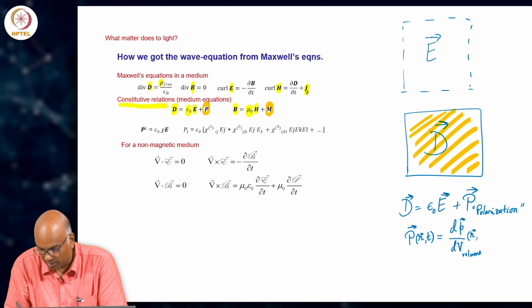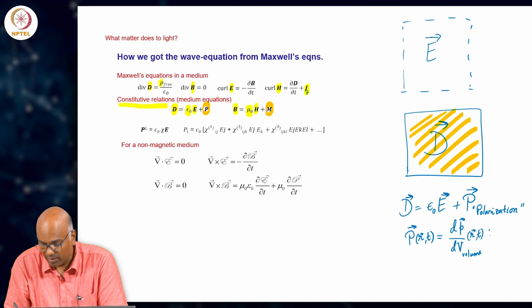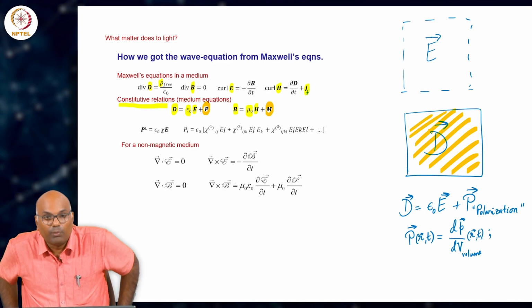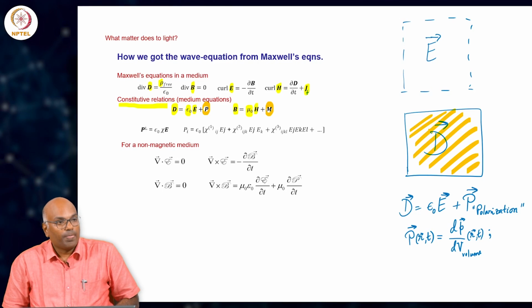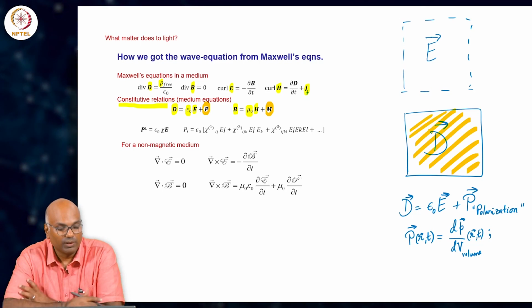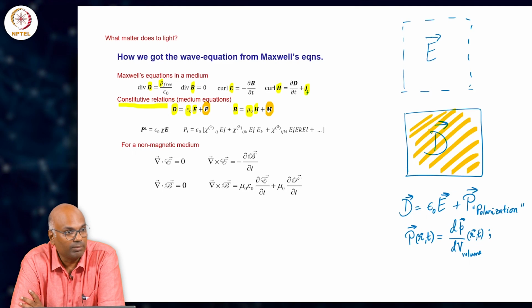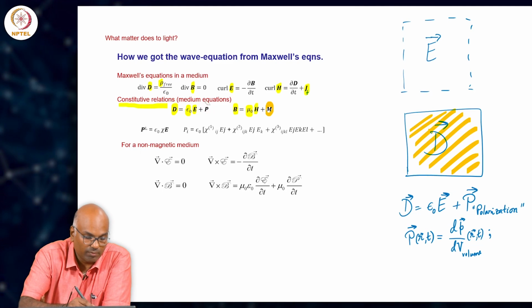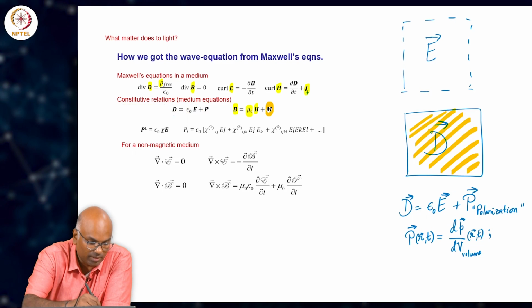This should also be a function of r and t, it is the local dipole moment per unit volume. Okay. This emerges out of careful considerations of classical electromagnetic theory, but the take home message is that this